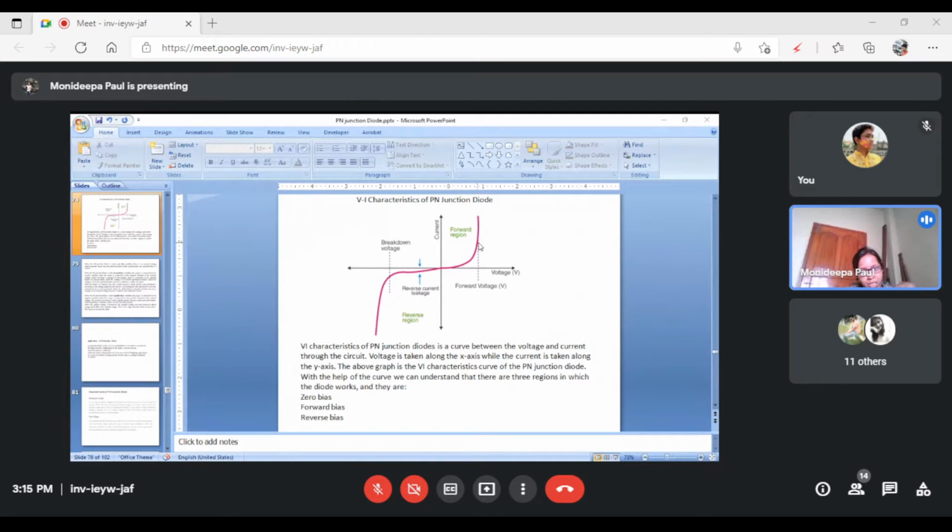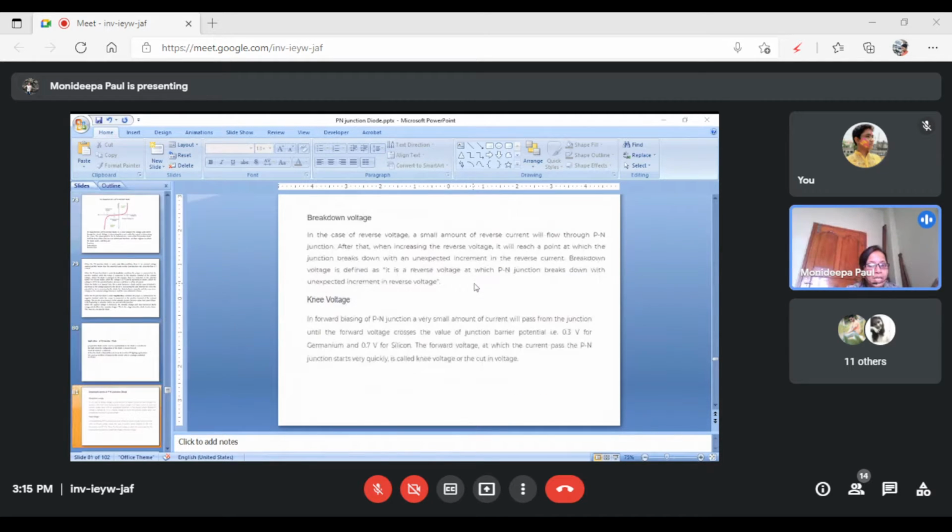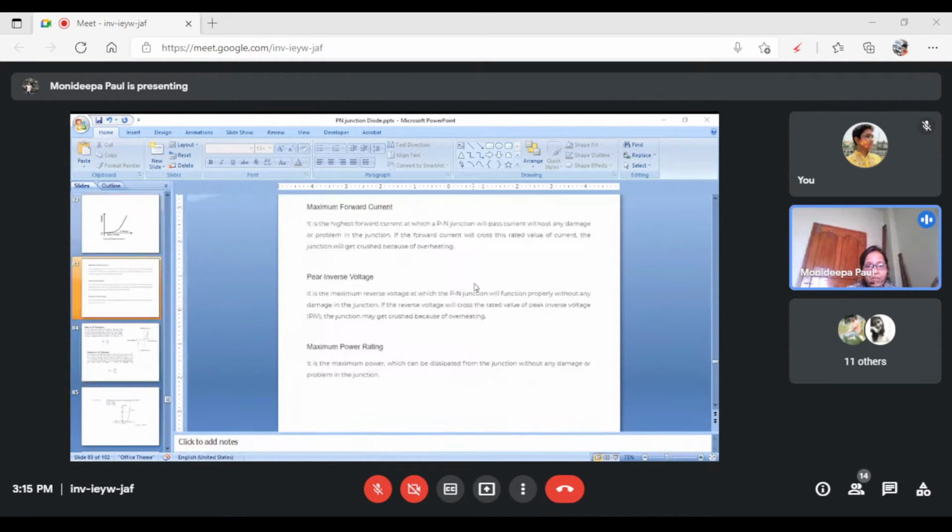Here you see in this region, the applied voltage is just overcoming the barrier potential. At that point, it completely overcomes the barrier potential, and the current becomes directly proportional to the applied voltage. This point is the knee voltage, where the external voltage completely overcomes the barrier potential. In the case of silicon, the knee potential is 0.6, and for germanium it is 0.3.